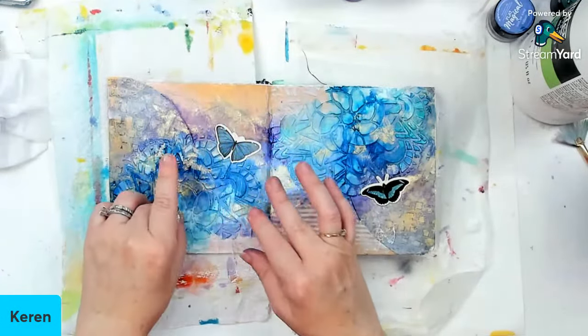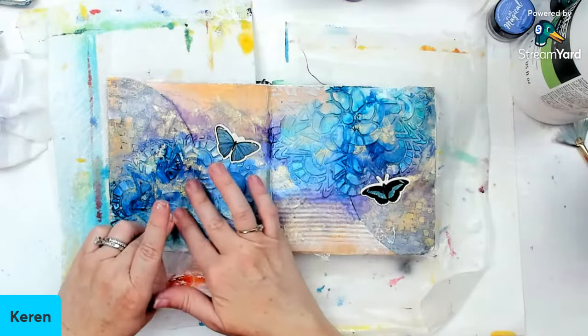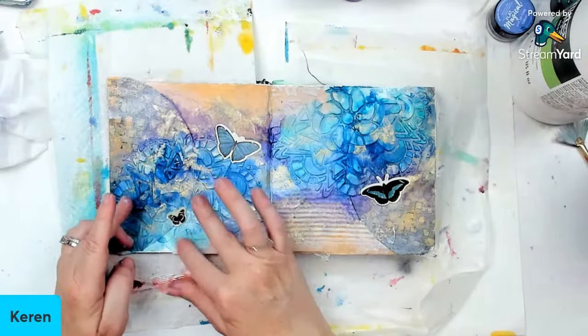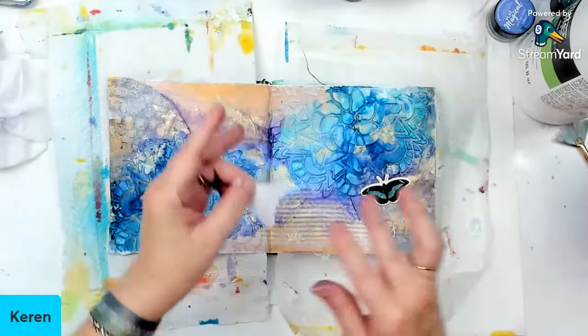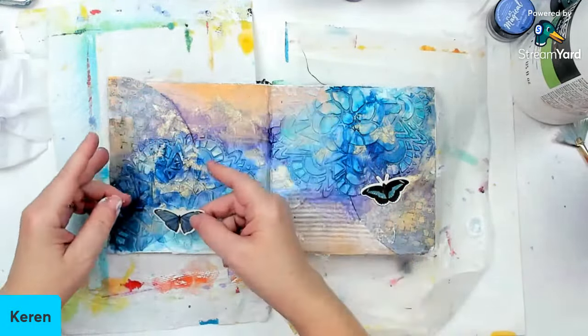And what, oops, and I just moved. And what it does, it also mixes a little bit with the blue, so it helps me kind of blend them in, which I'm going to do in the next step. I want to blend them in, but